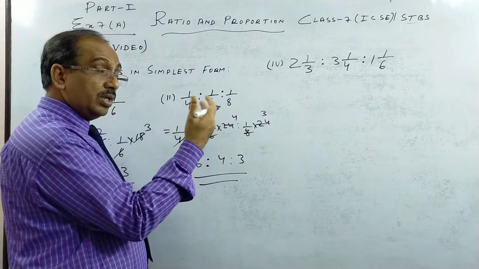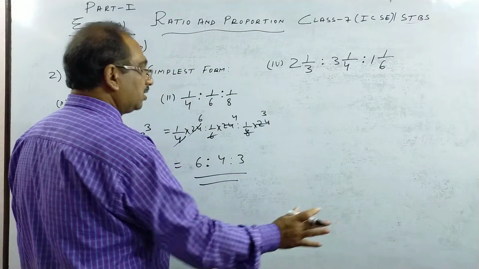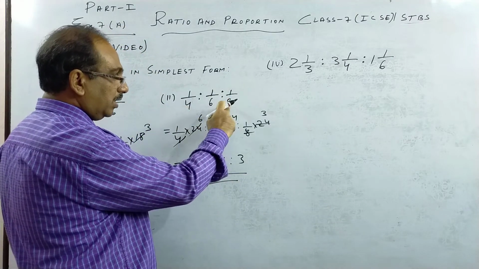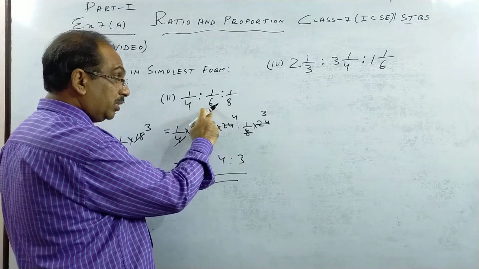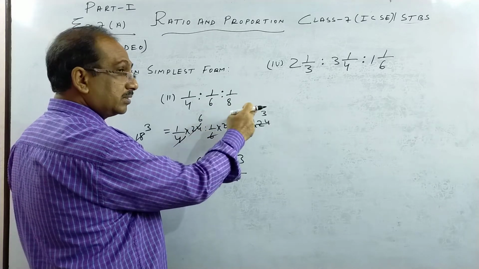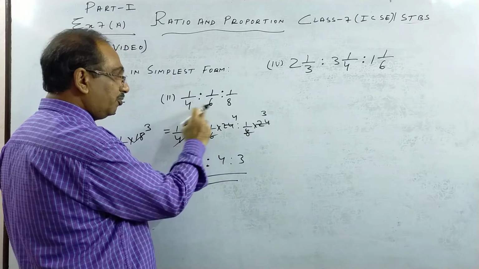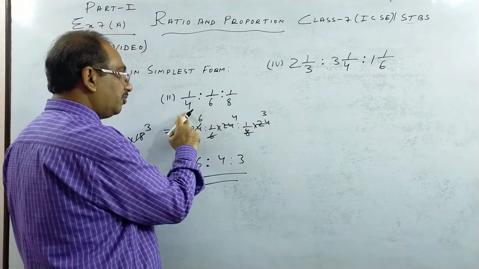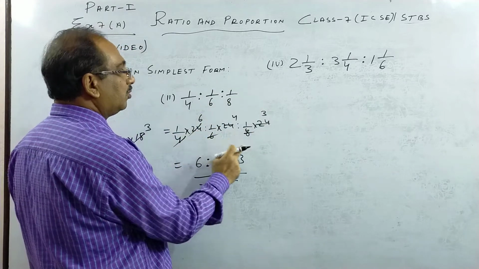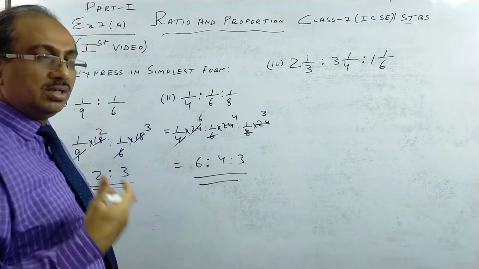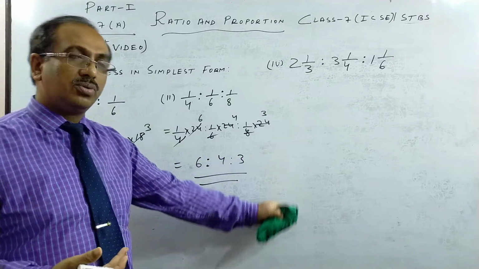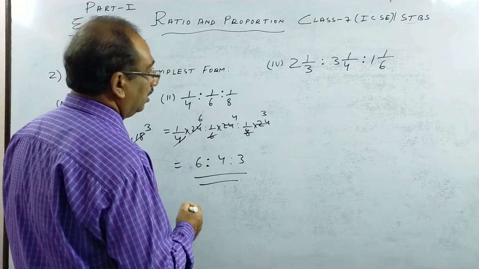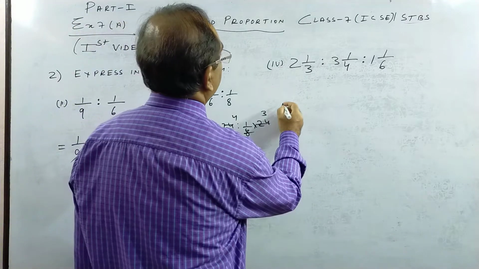Now how will you see doing the LCM? Better you write and do. You are in class 7. Mentally I am teaching you. Take the biggest number and say the table. So 8, 4 goes. 4 2s are 8, but 6 does not go. Then take the next, 8 2s are 16. 16, 4 will go, 8 will go, 6 will not go. So go to 8 3s are 24. See, 4 will go in 24, 6 will go and 8 will also go. So try to learn to do it mentally as well as you have to write. But mental maths always helps you to get the correct answer in the fastest possible time.